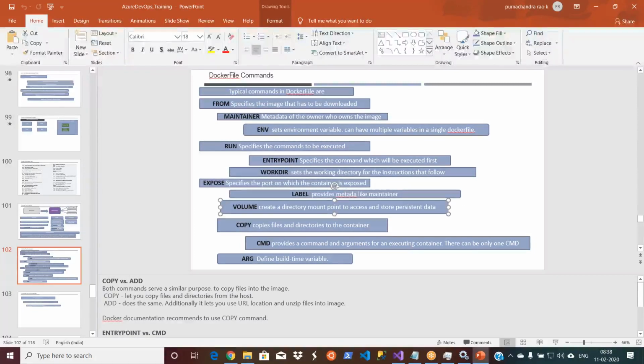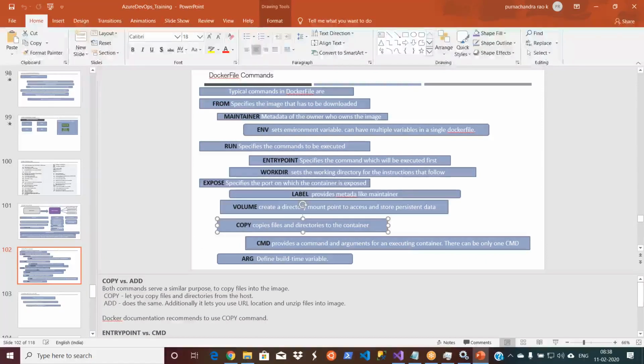Okay, and volume, if you are using any folders on your machines, let us say your application is running, your API is running from your image, and there might be an API which has some upload functionality. You upload some file, that file will be saved on some physical system folder. It is not on the image, because image is a temporary one, it doesn't contain anything. So people use a volume to connect your folders with your image. So you use a keyword called volume.